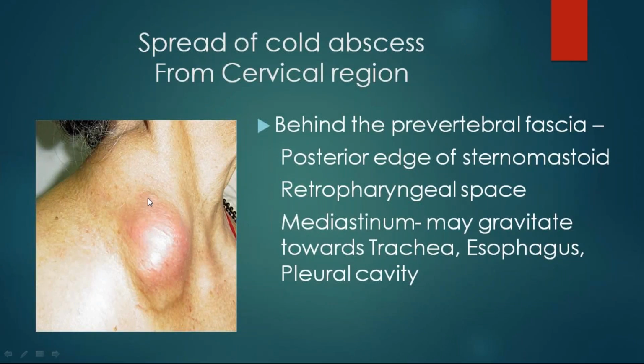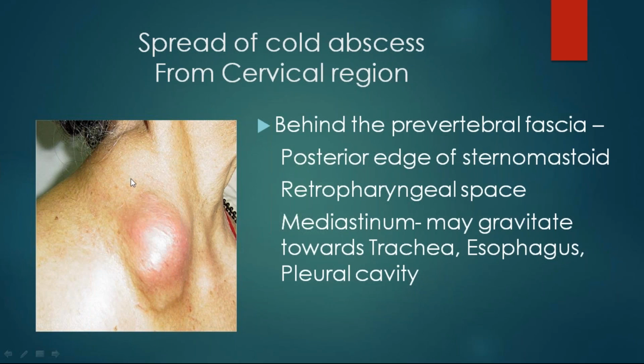And this is a cold abscess. Okay, this doesn't look cold, but it is cold because we don't see much inflammation. So if it is from the cervical region, it may spread behind the prevertebral fascia. This is the sternocleidomastoid muscle. It's situated posterior to the sternocleidomastoid. Okay, so the posterior edge of sternocleidomastoid and the retropharyngeal space, and it may even gravitate down to the trachea,